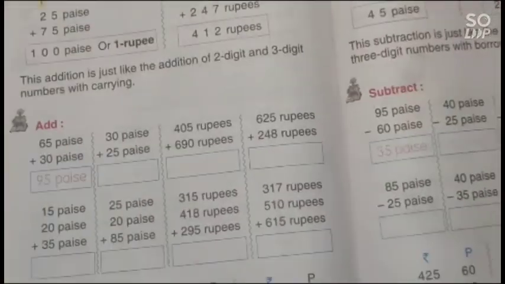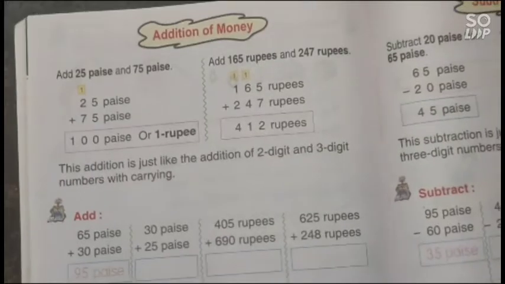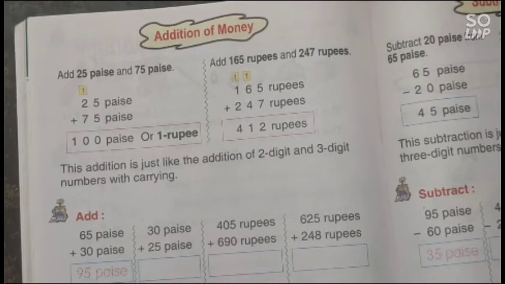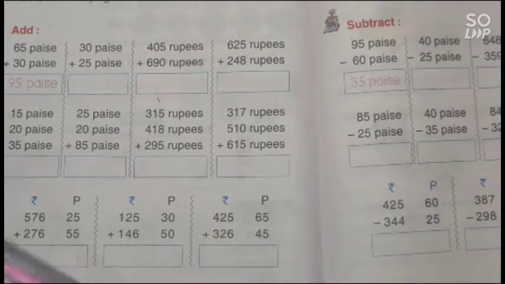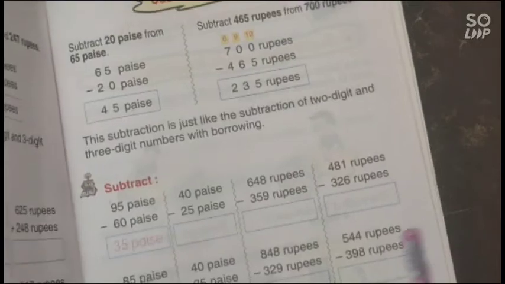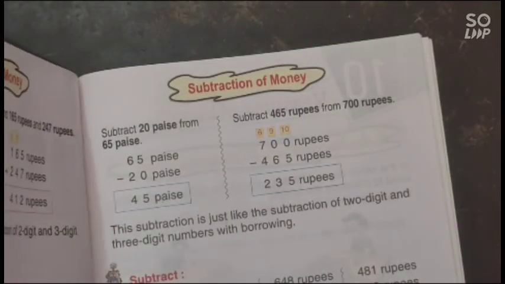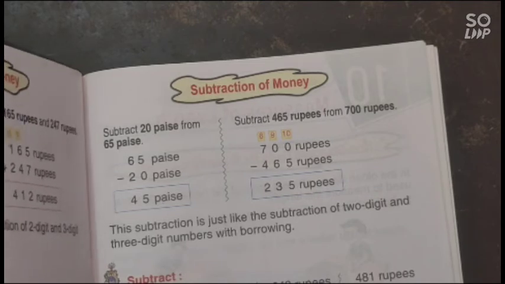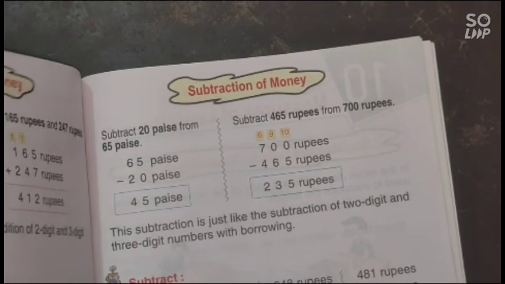Next, page number 138. I have taught you how you can do the addition and subtraction of money, and this is very easy. This is just like the process of addition of 2-digit and 3-digit numbers. So I hope all of you can do this by yourself. Page number 138 and page number 139 are subtraction of money. You have learned this today. So you have to complete these 2 pages by yourself. I am not doing these 2 pages.